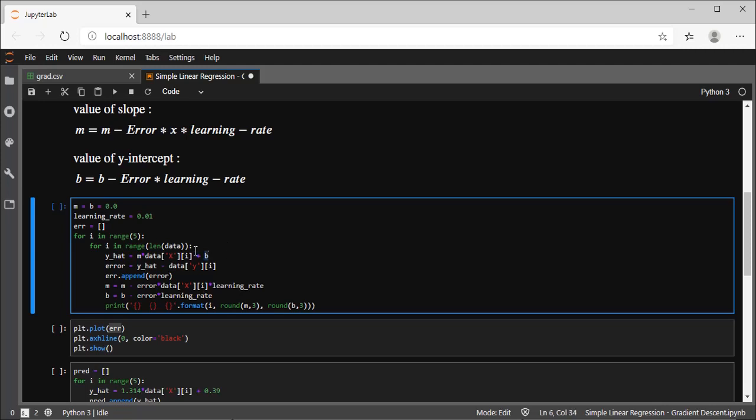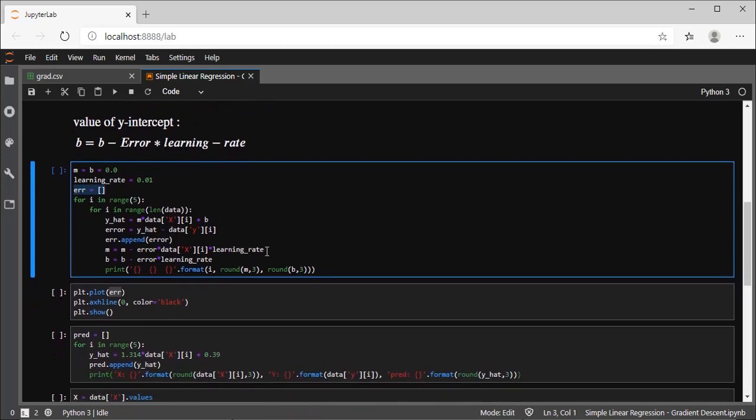So here my y hat value will be m into data point from x column plus b, and same we can calculate error, that will be y hat minus data point from y value. And guys, just a quick note that here I'm appending these error values in a list to use it later for drawing error progression.